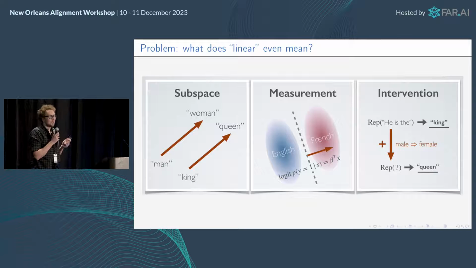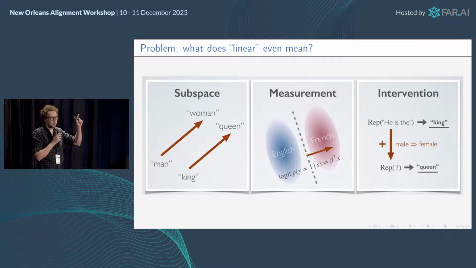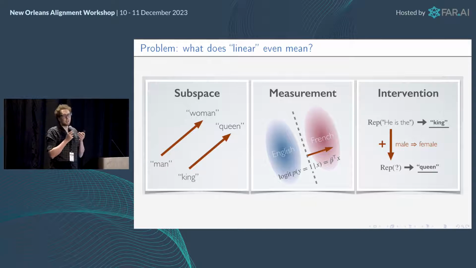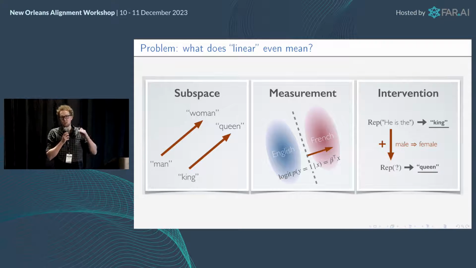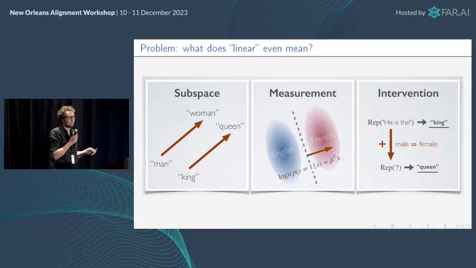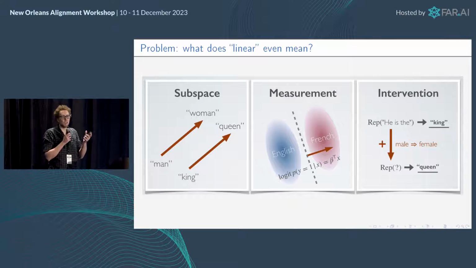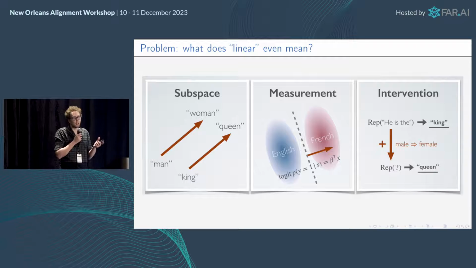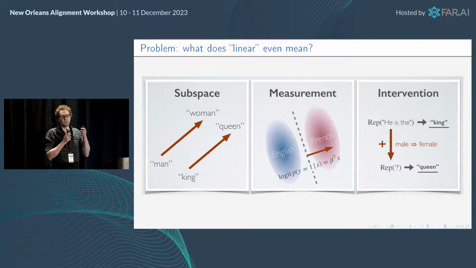There are at least three distinct things that people have looked at in the literature. The first one is the old word2vec notion, which is like king minus queen is parallel to man minus woman and so forth. So there's a direction corresponding to the concept of sex. The second one is that you can use logistic regression, a logit linear model, to try to predict high-level semantic concepts. Like, is the output going to be English or French? You can just predict that using logistic regression. The third one is the existence of steering vectors, where given the representation produced by some model, there is some vector that you can add to it,